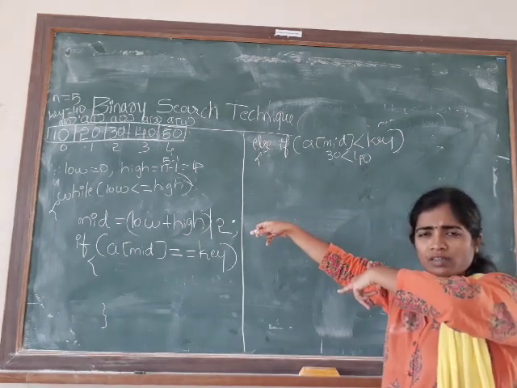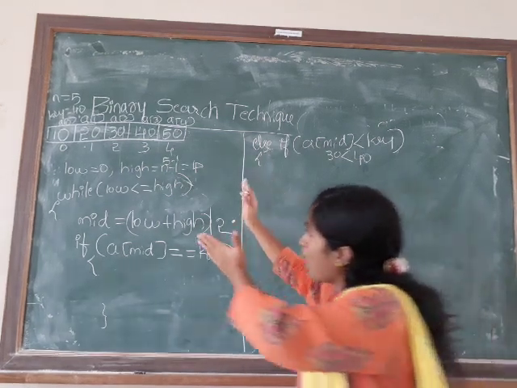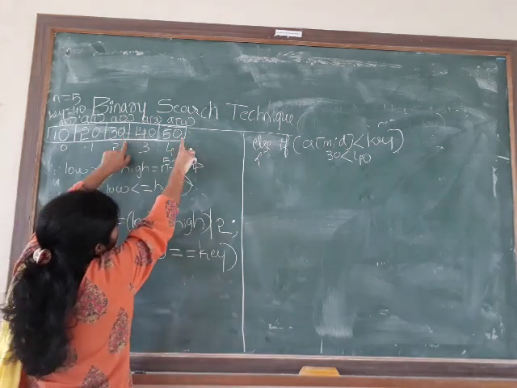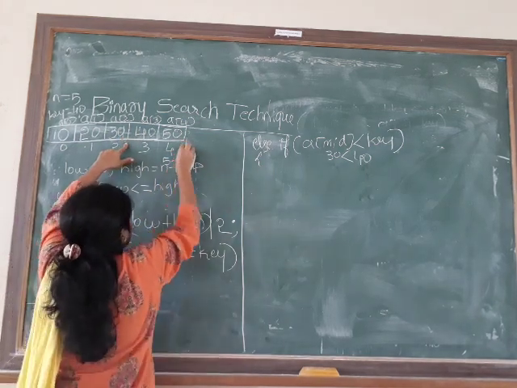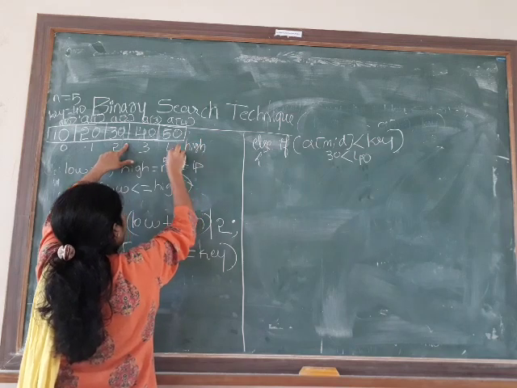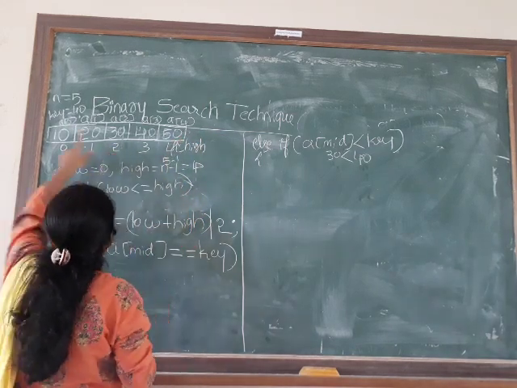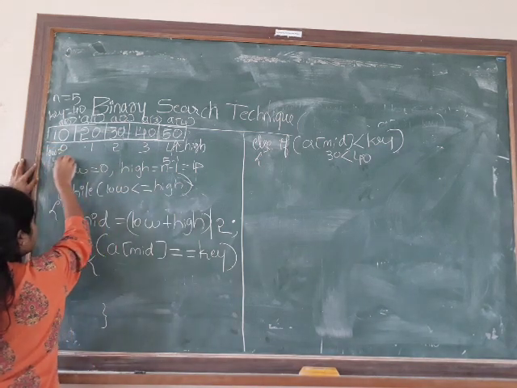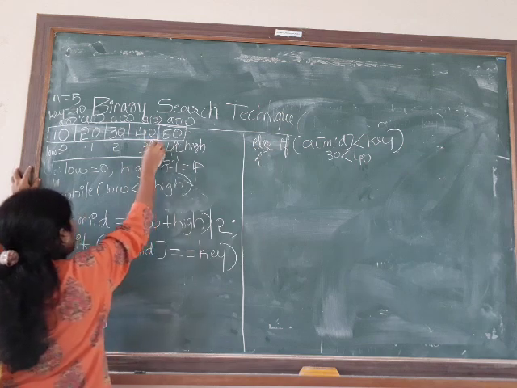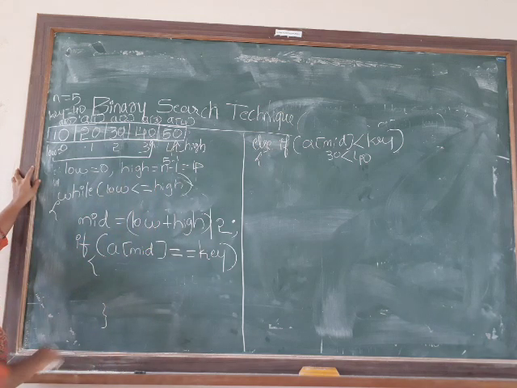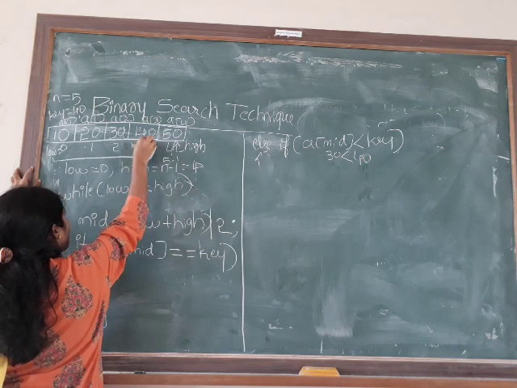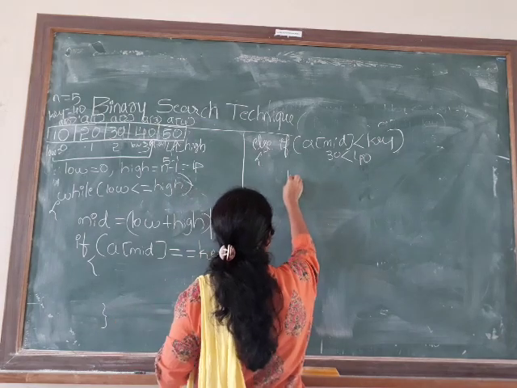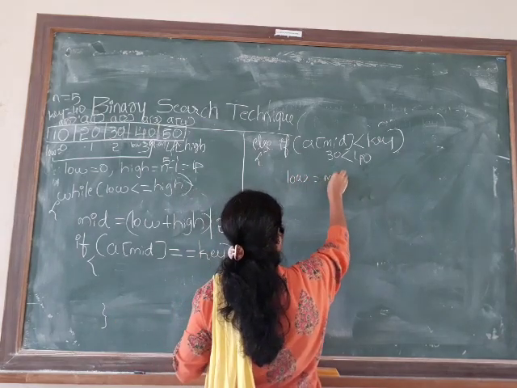Agree with me or not? Yes, definitely. So now I have to treat only this half. Check only this half. See, now high is pointing to 4 and earlier low was pointing to 0. Now I should make low point to the next position of the mid. That is nothing but low is equal to mid plus 1. Agree with me or not? That's why here I will be doing low is equal to mid plus 1.